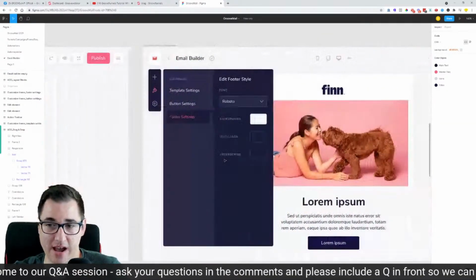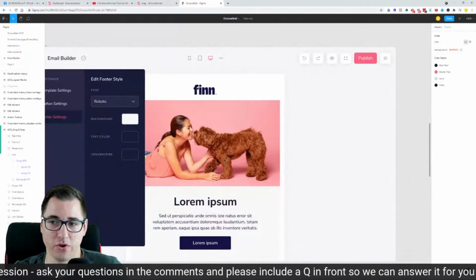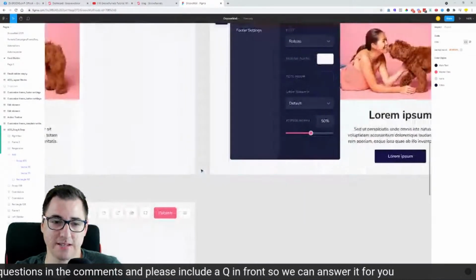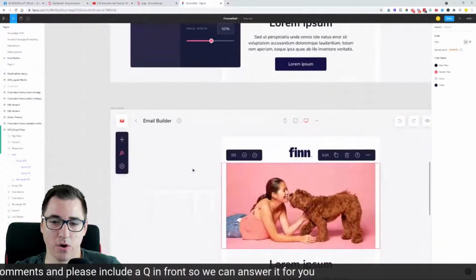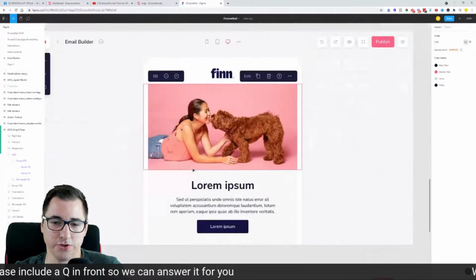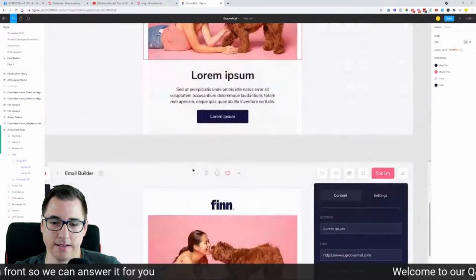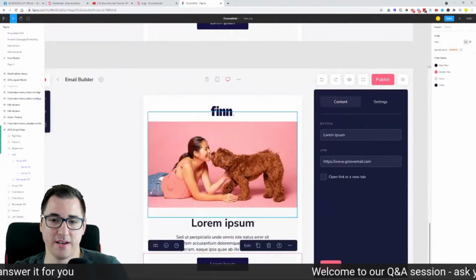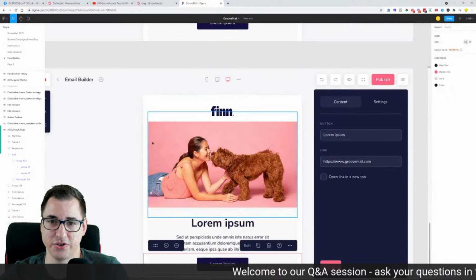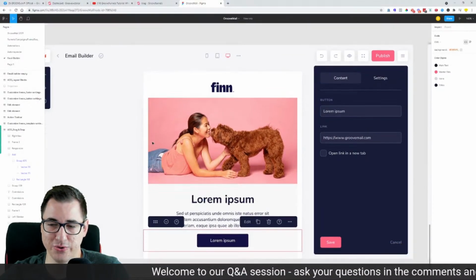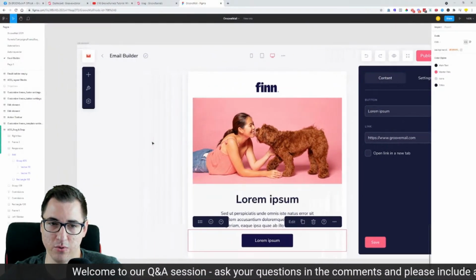I just don't have the access to the newer versions of the screens. But yes, this is in the pipeline. It's going to be worked on soon after we launch. And it's going to be great because it's very simple, very minimalistic, and it's just going to bring GrooveMail to a whole other level.